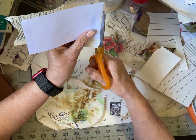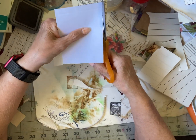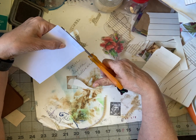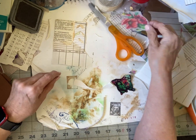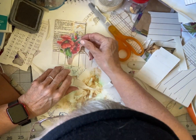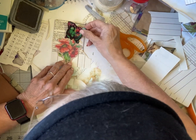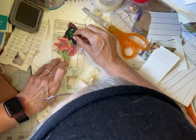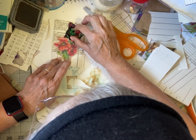I want to see where, when I orient it, I want to have an idea of, okay. I want to get this fairly close to the bottom here. I have this fabric butterfly that I cut out that I'm thinking about using, fussy cut out of some, or